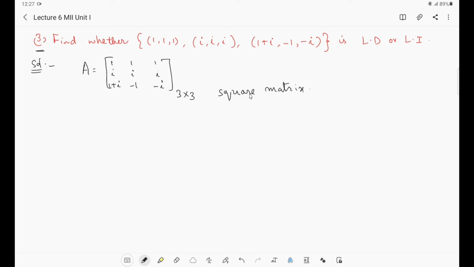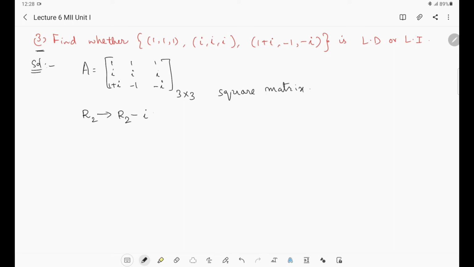If the determinant is not equal to 0, then the vectors are linearly independent, right? If the determinant is equal to 0, then rank will be obviously less than the number of vectors, and vectors will become linearly dependent. So let us find the determinant. For finding the determinant, see, the second row is very similar to the first row if we multiply the first row with i. So what I am going to do is, for finding the determinant, I am making this row operation,